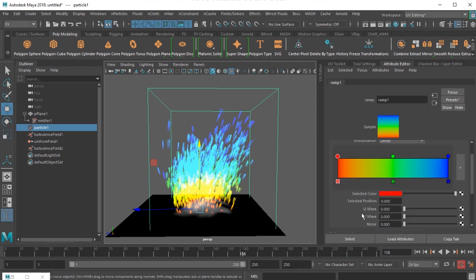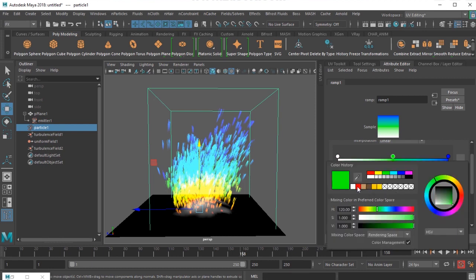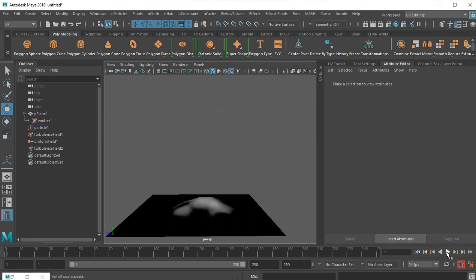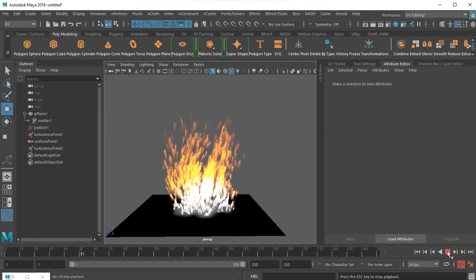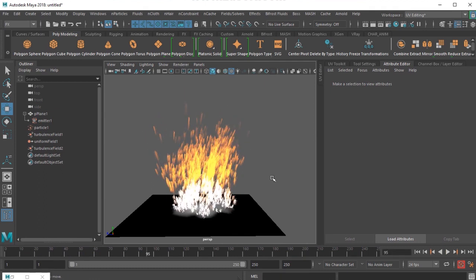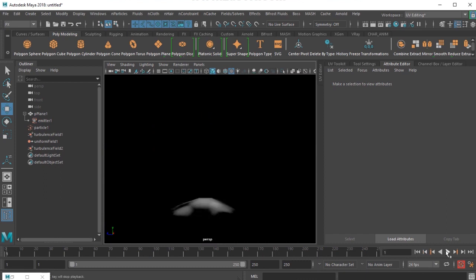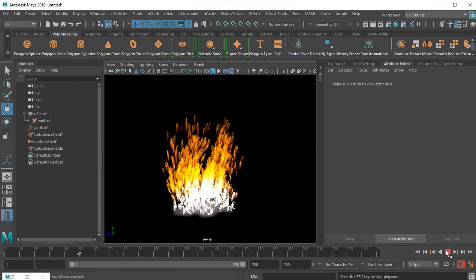I select this red color and then change it to white, and this color I'll just change it to yellow, and this one I'll put to black. I'm just trying to get the colors of fire. I just change this to black color so that you can see those nice rich colors.